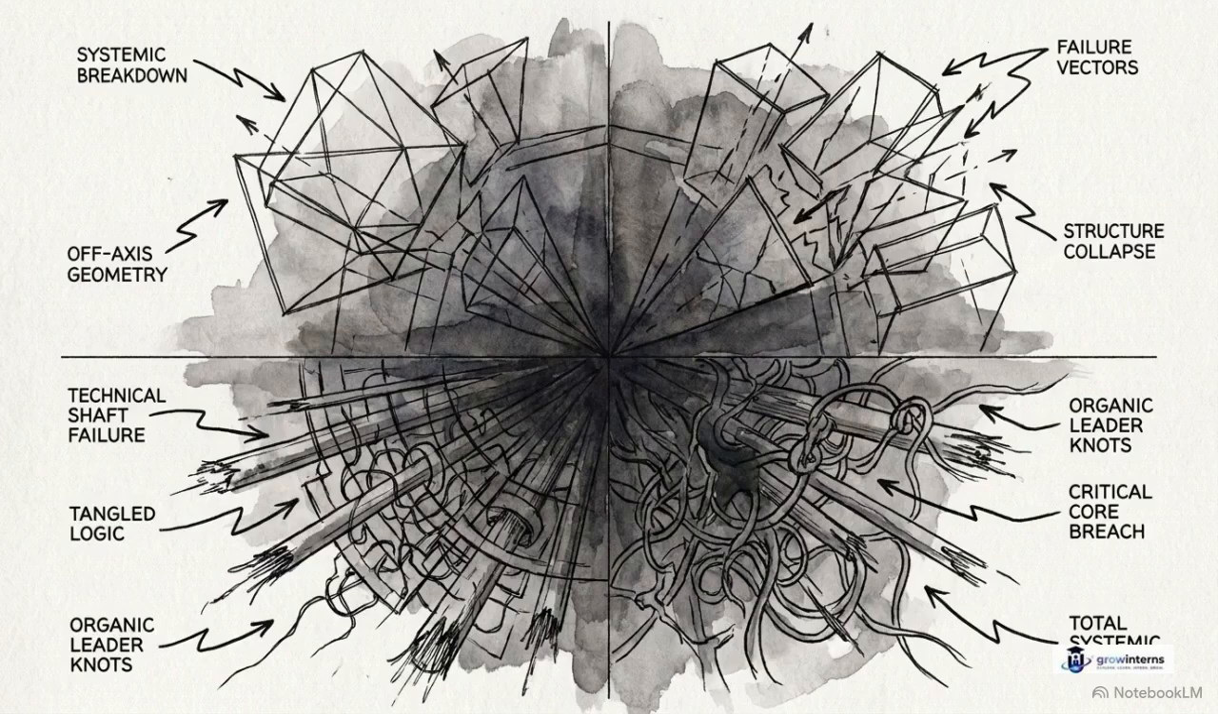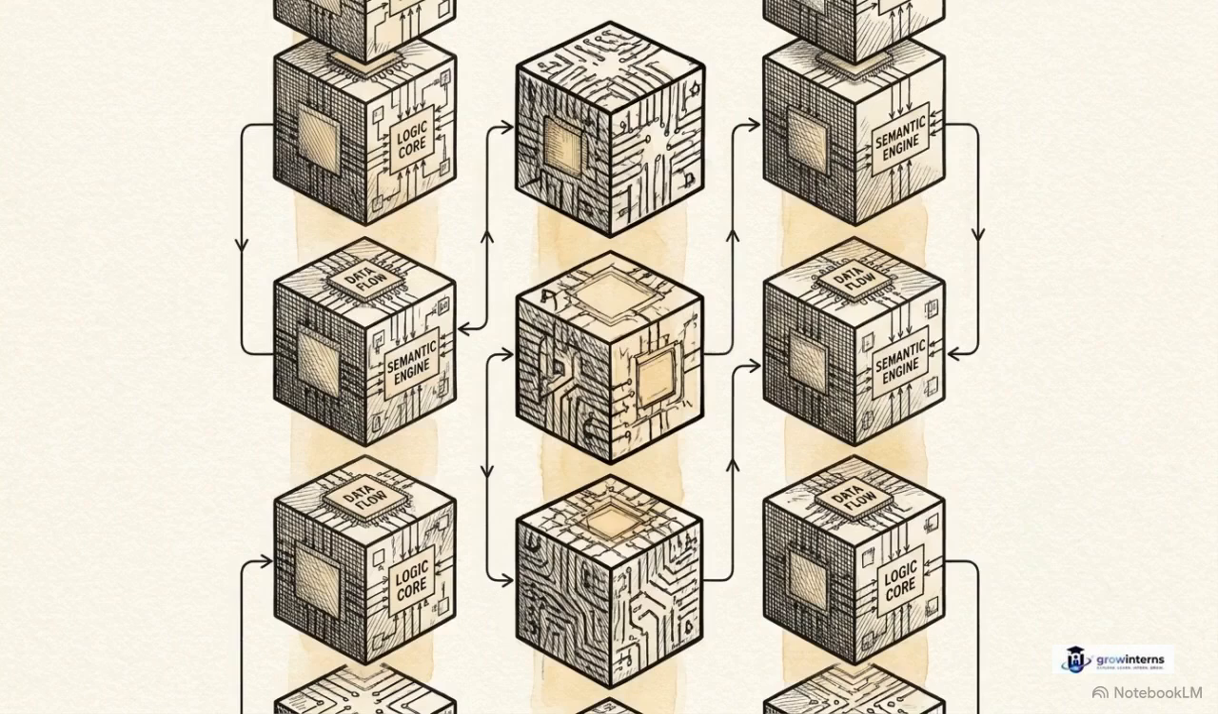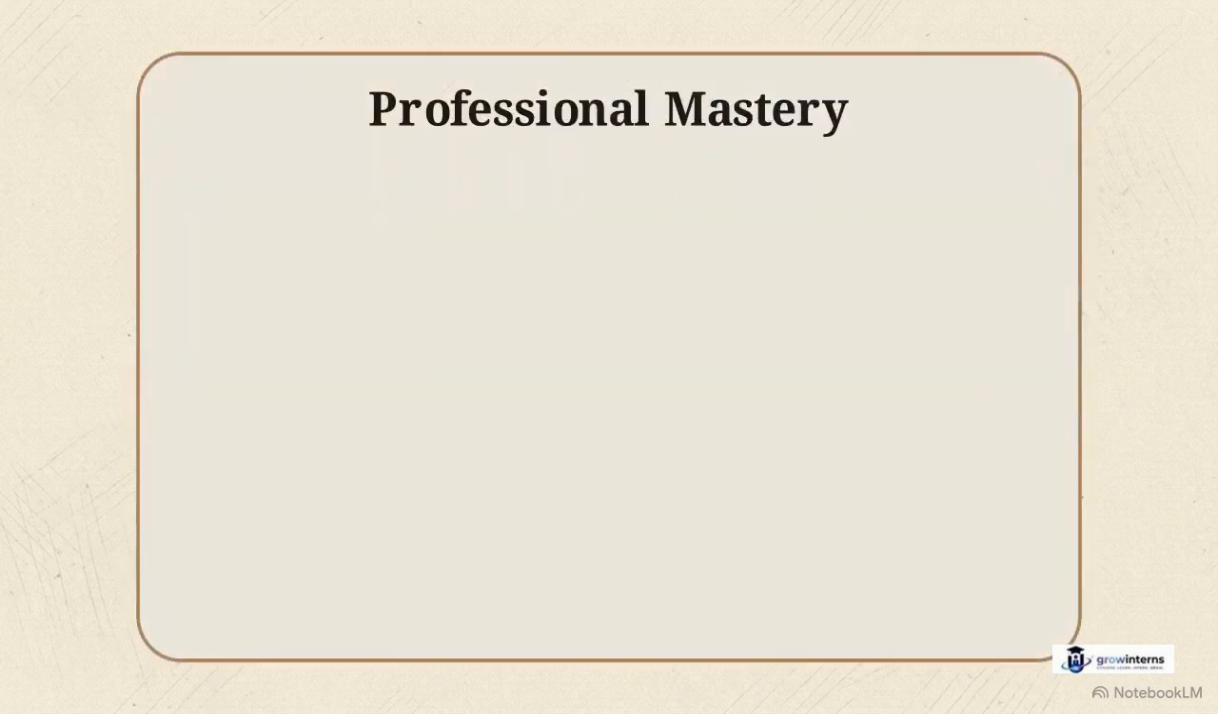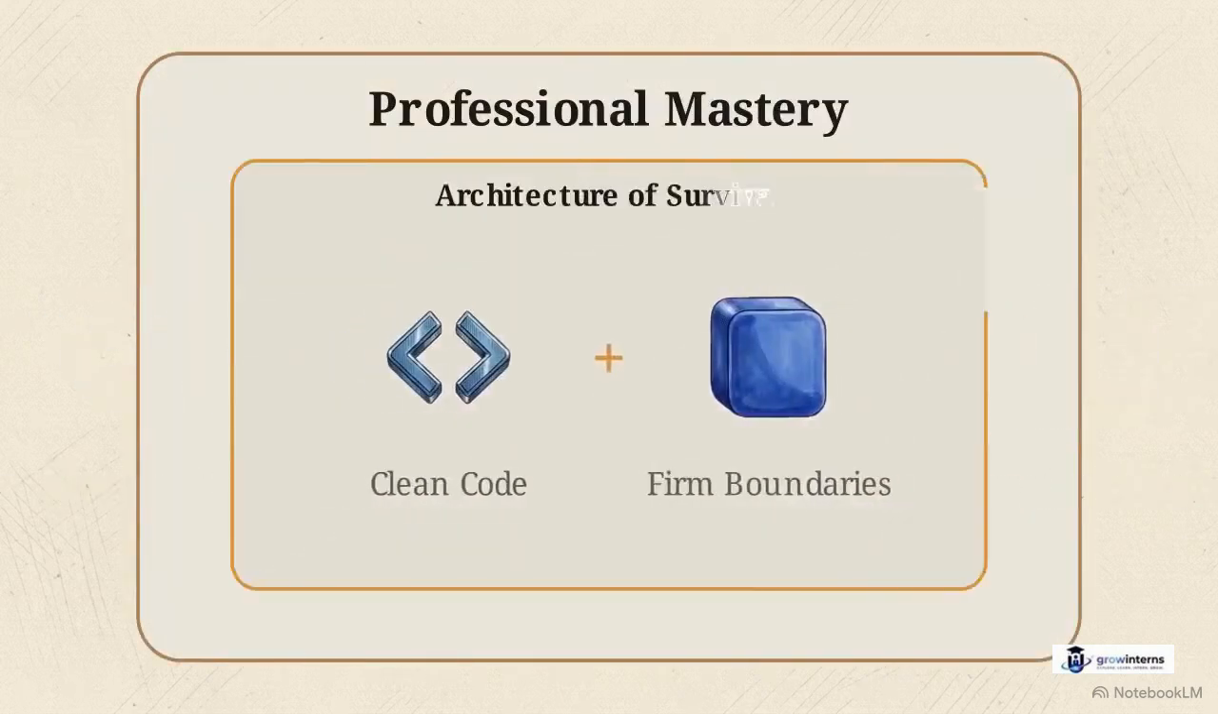Amateurs optimize solely for visible output, writing frantic code until they burn out. Master engineers focus on unseen structural resilience. A career in technology is defined by the discipline to build clean code and firm boundaries when the pressure